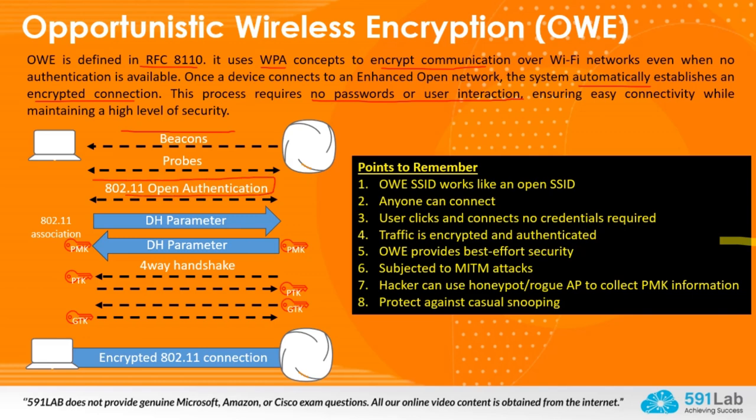However, the .11 association frames include extra TLV, which carry an unauthenticated Diffie-Hellman exchange to derive a PMK. So the .11 association frame includes the extra TLV with unauthenticated Diffie-Hellman, and using this station and AP derive the